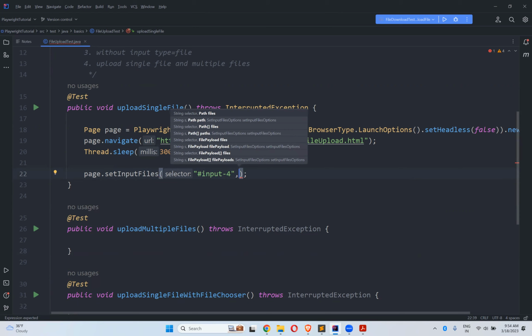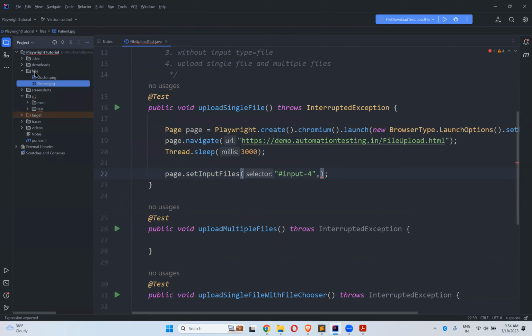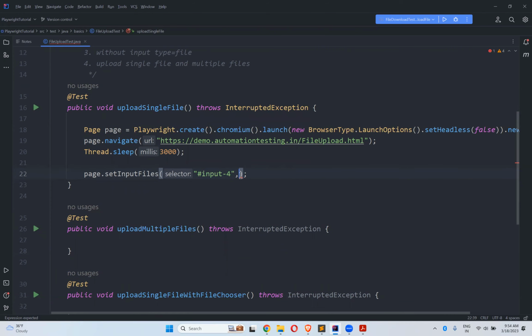You need to mention the file path of the file you want to upload. For that, I have one folder called files inside my current directory. Inside this, I have 2 files, doctor.png and patient.png. Any one of these files I'll try to upload. For that, you can give the direct path. Otherwise, what you can do,